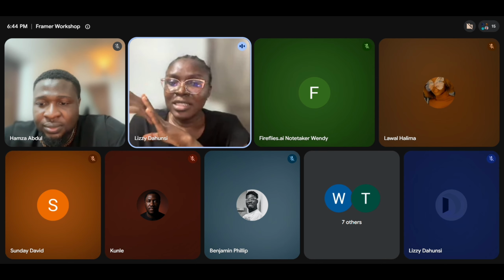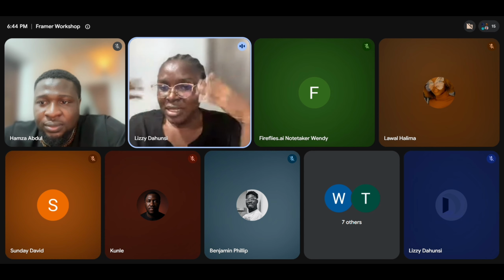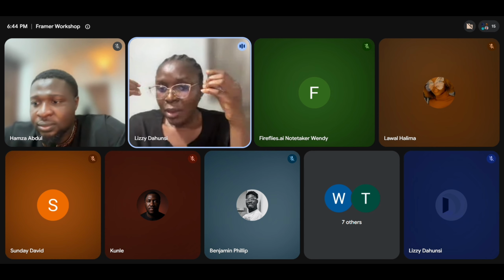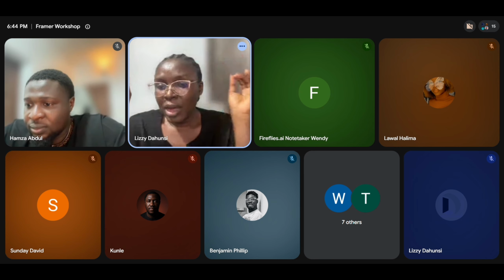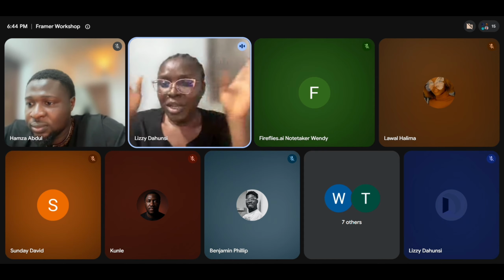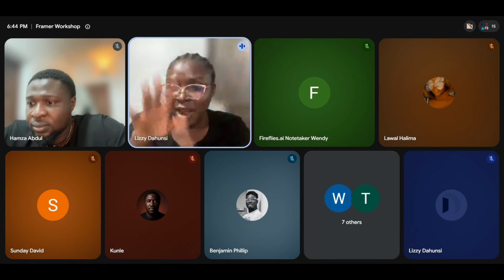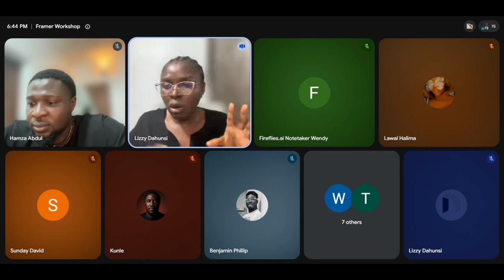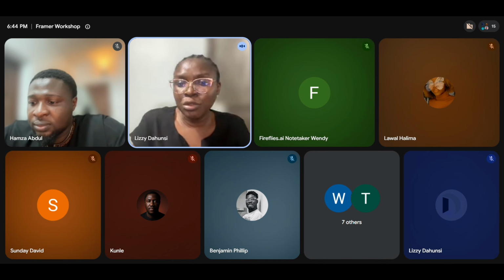Another thing is that if you already have basic knowledge of Framer, instead of starting afresh with agents, just do your basics. Maybe you are trying to use a template that you found that you want to tweak, bring it into the canvas and do the basic work first. Then when it's time for improvement, let the agent do the improvement.